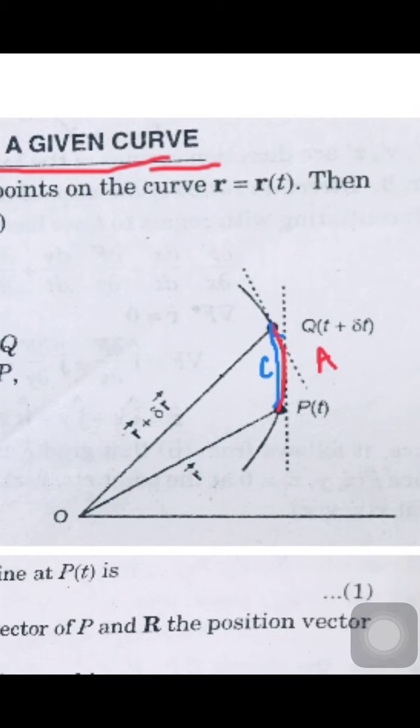Here you are seeing two colored lines between P and Q. The arc length is denoted by capital A, the arc PQ shown by the red curve, and the chord PQ, the straight line joining P and Q, is denoted by the chord. So this diagram simply means that at some time t we are at P, and after t plus del t time it moves from P to Q.